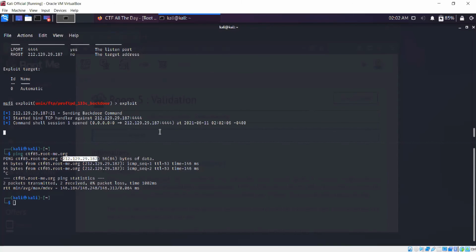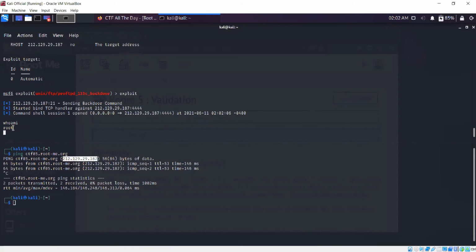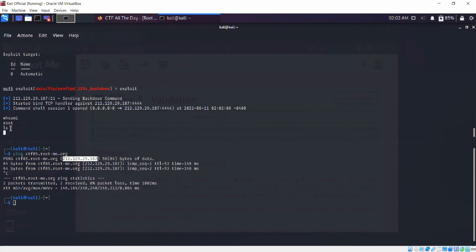All right. When it shows you that a session has been opened, it means you have successfully broken into the machine, and you have full access to it now. So you can do anything. To see what privileges you have, for example, whether you're a normal user or an administrator, which means root, you run the whoami command, and I am root. So I am the administrator, and I can do anything I want. ls is to list all the items in this particular machine.